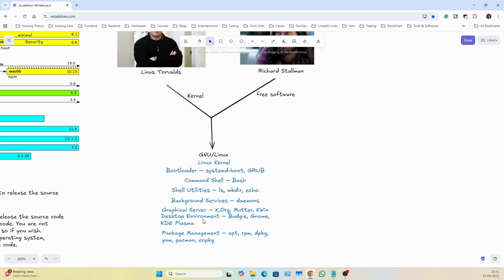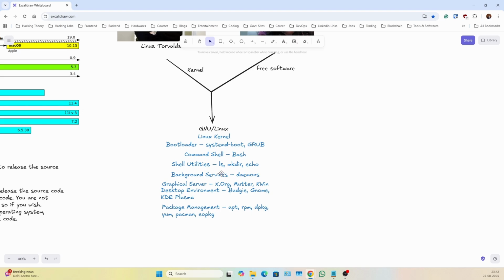It's really one of the popular ones. Now we have systemd also. And then the command shells like bash, zsh, fish. These are the shells that take commands from you and pass them to the kernel to do the jobs. Now we have the shell utilities, like the commands that you use, like ls, mkdir, echo, and all.